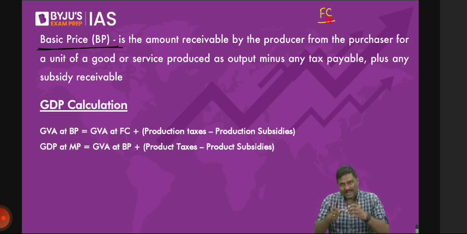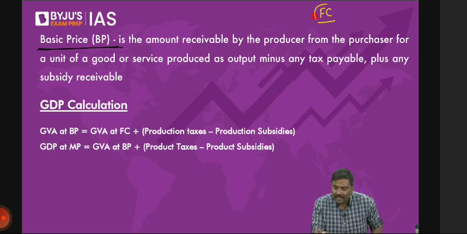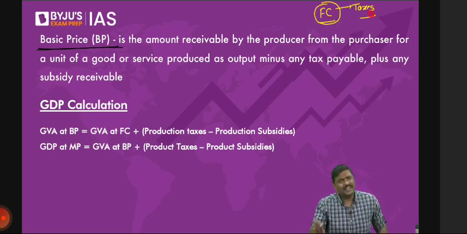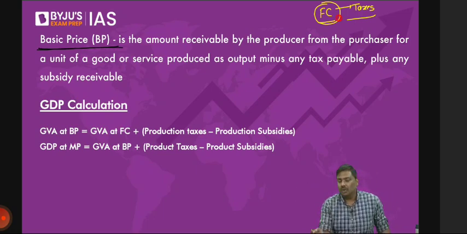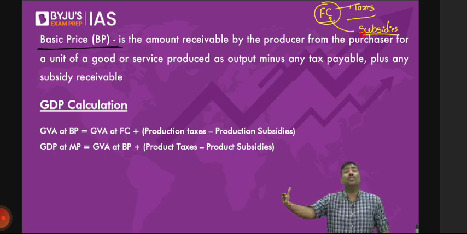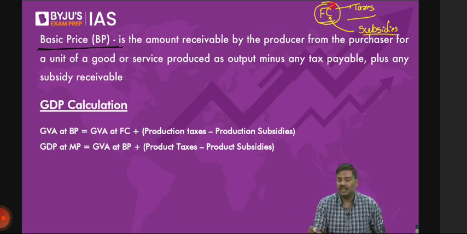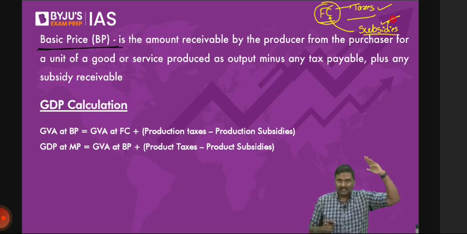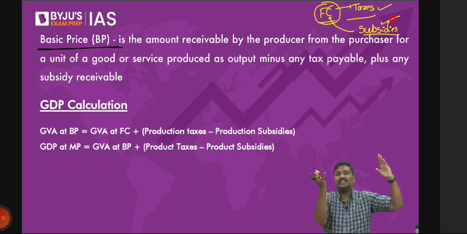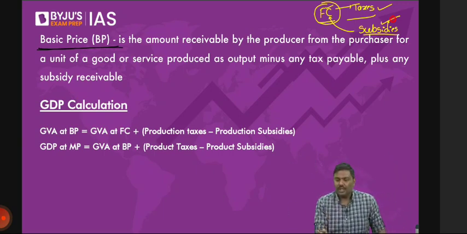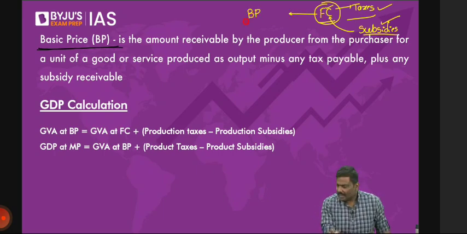But the argument in the GDP calculation is no. Apart from the factor cost, you also have paid certain taxes which are not connected to the volume of production. You also have received a certain amount of subsidies which are not connected to volume of production. So you'll have to adjust your factor cost with the taxes as well as subsidies. Those taxes are referred to as production taxes, and those subsidies are referred to as production subsidies. So I will start from the factor cost, adjust with the production taxes and subsidies, and arrive at basic prices. Now, is it the selling price? You have moved from the factor cost to basic prices. Is the basic price a selling price? Is it a market price?